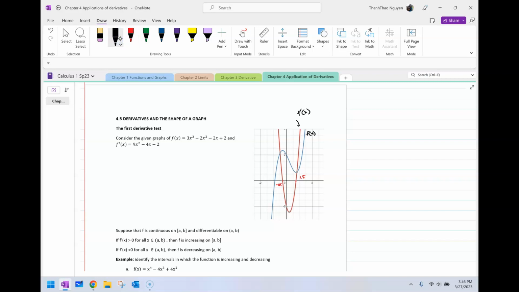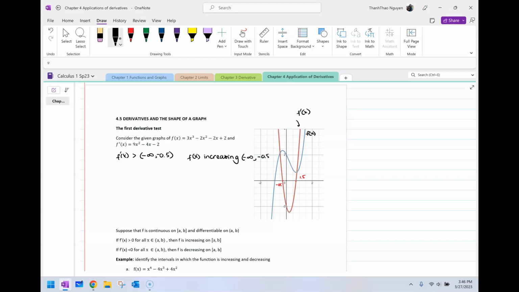Note that f prime of x is positive in the interval of negative infinity to negative 0.5. And you compare this with the graph of f of x, you can see that the graph f of x is increasing in the interval of negative infinity